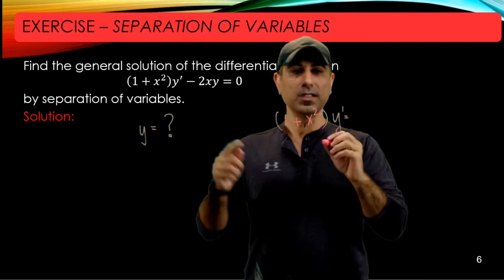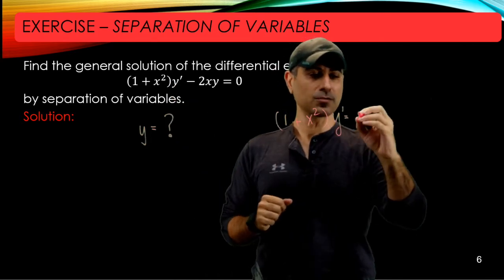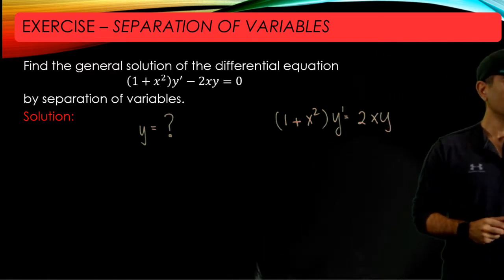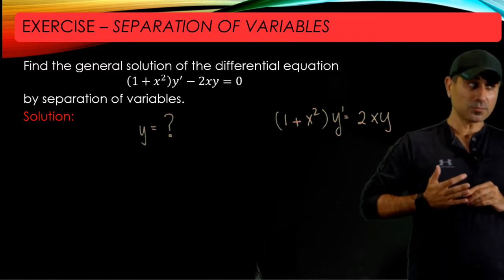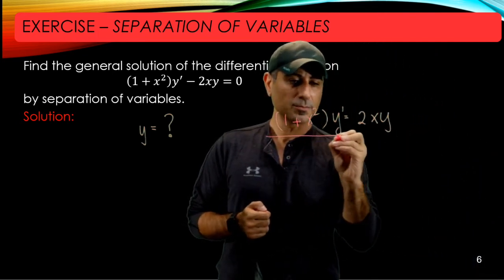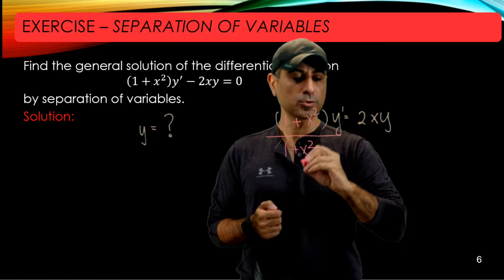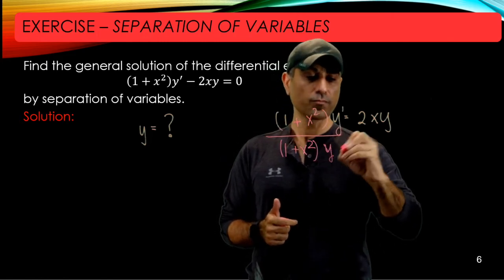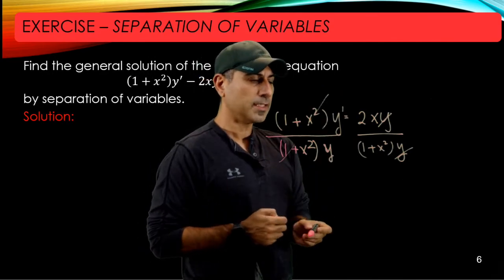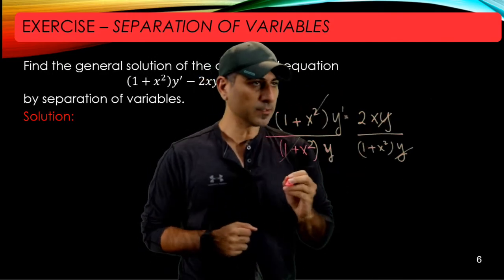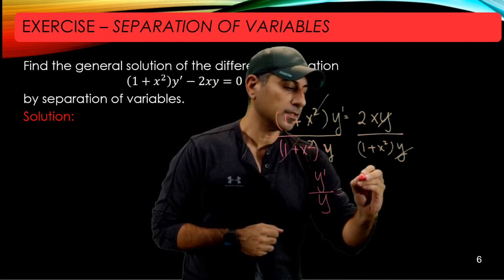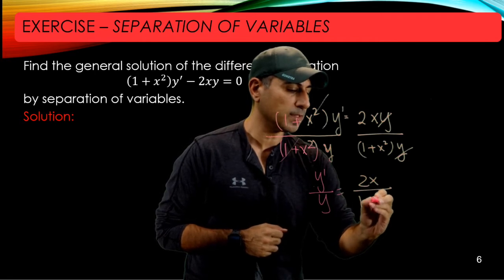But before doing that, why don't we rewrite this equation in a way that we add 2xy to both sides of the equation, so that now we have an equality of this sort. Again, as I said, we're going to collect all the y terms on one side, x terms on the other side. So why don't we divide both sides by (1 plus x squared) and y. This way I can cancel 1 plus x squared here and also the y terms here. In turn, we have y prime over y on the left, and then 2x over 1 plus x squared on